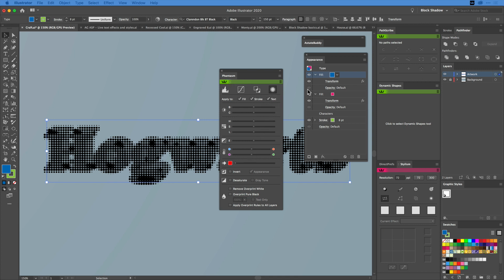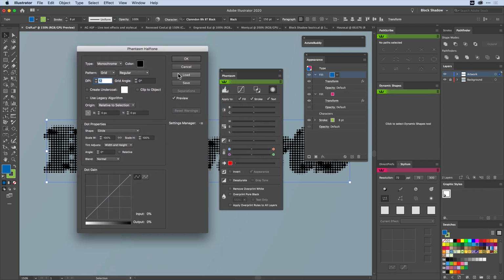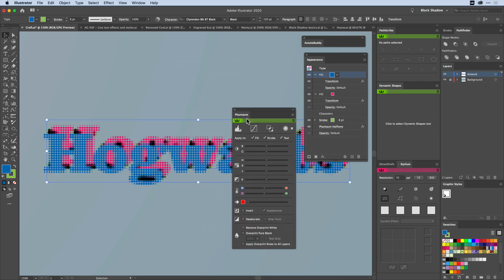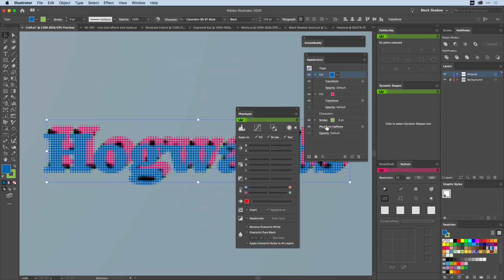And I will now bring the halftone window up, that helps. And I'll sample that color. I'll click on OK. And you can see that halftone pattern, it's a bit funky, shall we say, is applied to all that. But the halftone is right at the bottom. This is it. This is all live. This is genuinely all live.